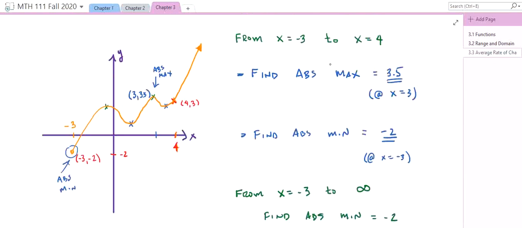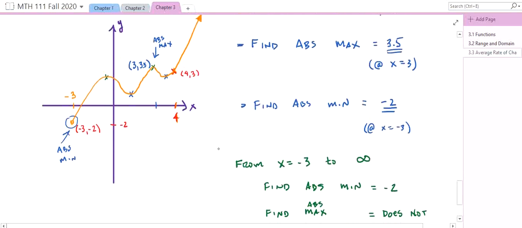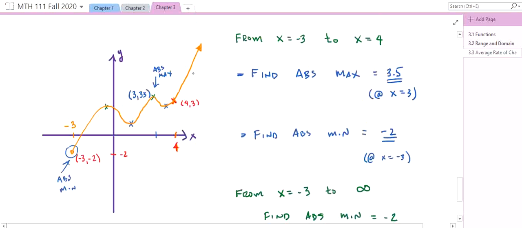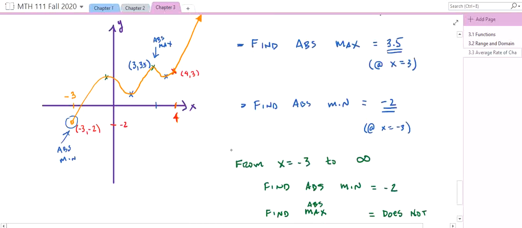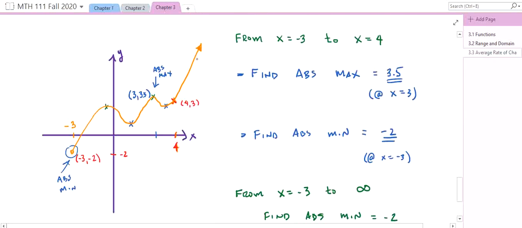Okay? So pay attention to the interval when you're asked to find absolute maxes and absolute mins, because it matters. You have to consider the endpoints, if there are any endpoints, and you have to consider if your function is going to infinity. That affects your potential. You have to understand how the function is going to infinity. In this case, it's pretty obvious the function is going to infinity by the value of the function getting greater as x gets